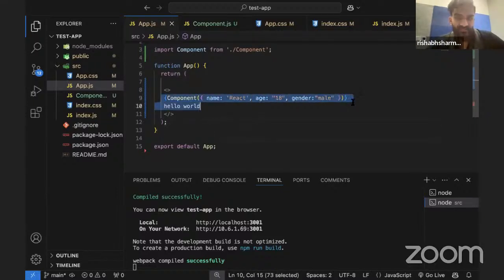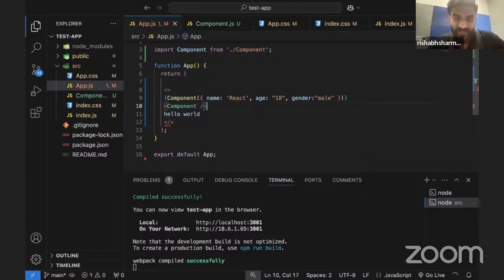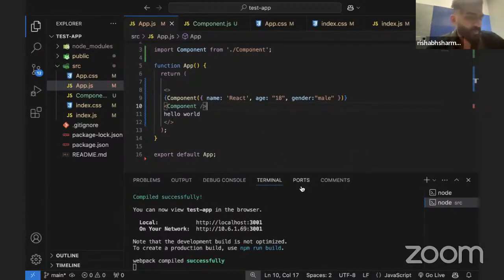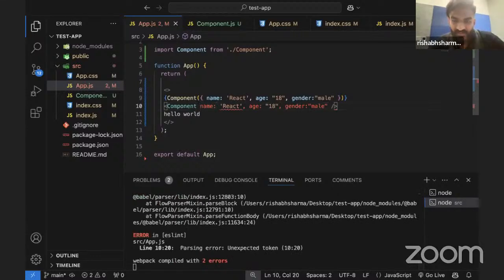So yeah, this is the way to call a component. Now, suppose this is the traditional way, right? If I'm not calling a component like this, and I'm calling a component the new way, then how will I pass the props? Over here, you simply can pass it like this. So I'll copy it and pass it like this, but it will be with equals to, the way